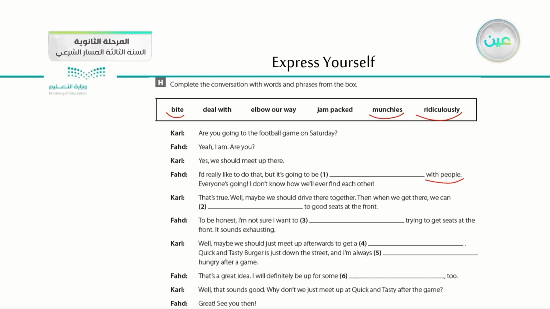I would really like to do that, but it's going to be with people. Everyone's going. So we are talking here about something where everyone is going. I don't know how we will ever find each other. So they are talking about something where everyone is going to go. So what is the right answer? It's